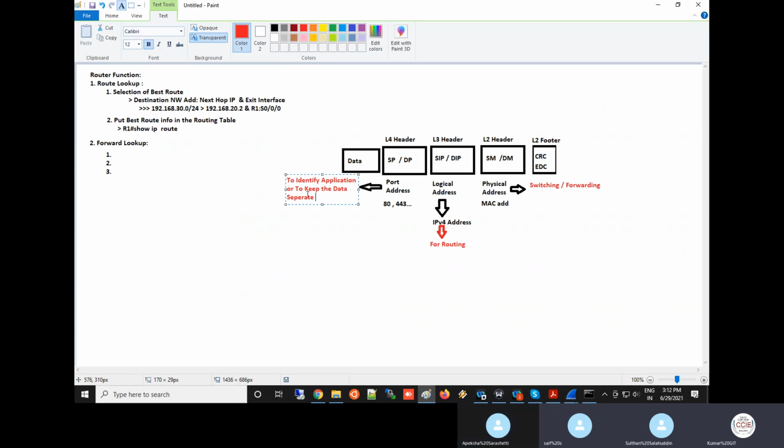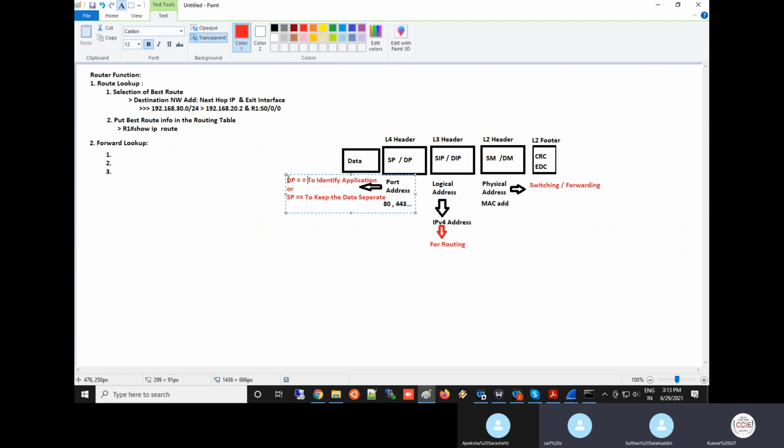So what is the use of the source port? The source port is used to keep the data separate. For what purpose do we use the destination port? To identify the application. When I'm going to a server, the server will have multiple services, such as FTP and DNS, correct?